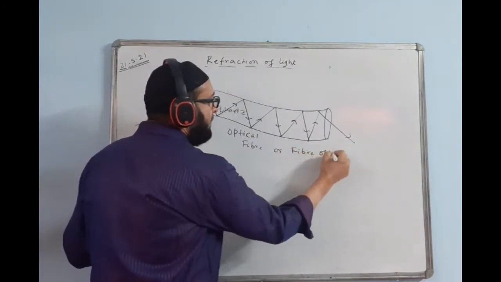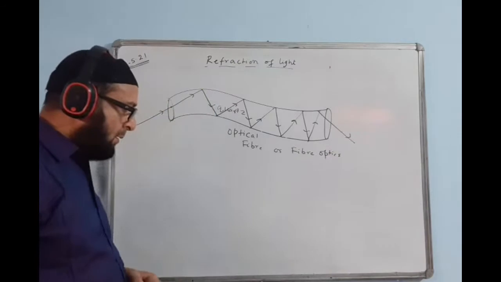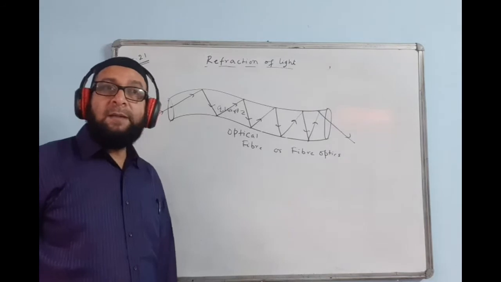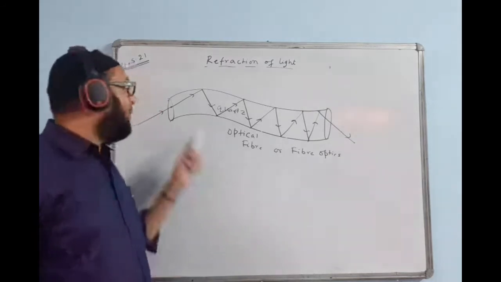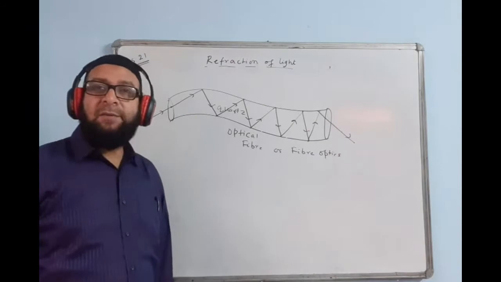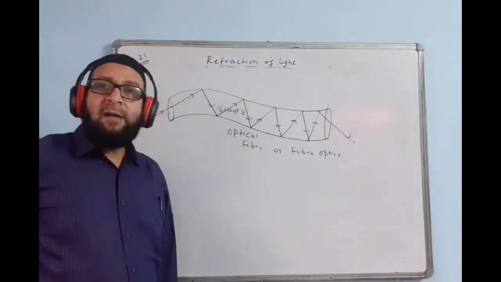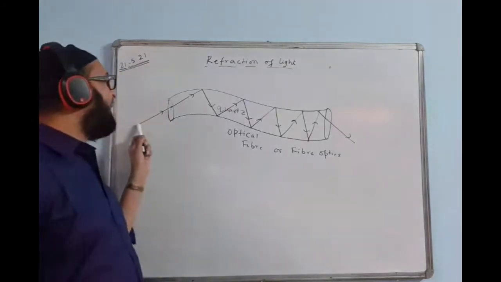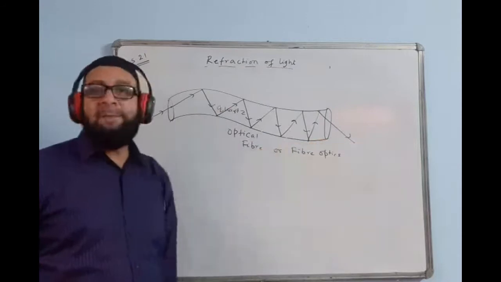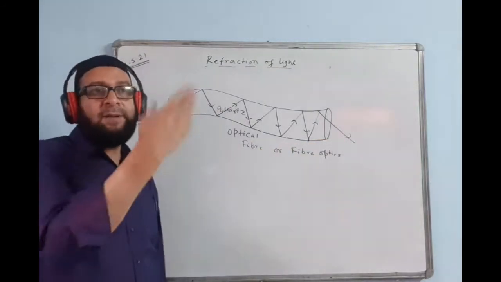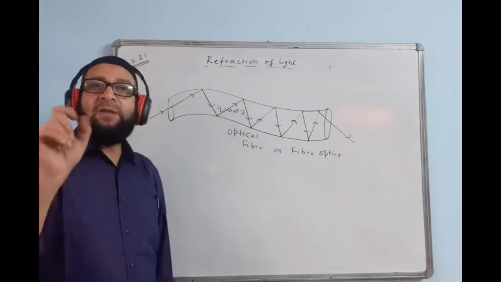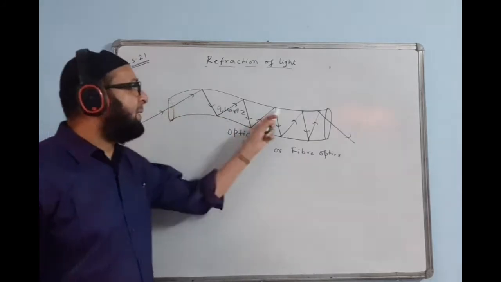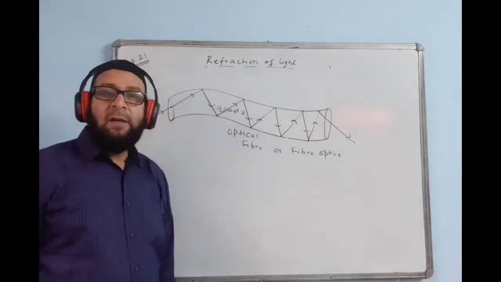Fiber optics. An optical fiber is used to transmit a light signal over a long distance without any loss of energy. We know the fact that in total internal reflection there is no loss of energy. So the energy of the incident light will be available here 100%. Without loss of energy, the light will travel through this pipe. Or any kind of signal, like Wi-Fi, electric signals, are transmitted through this without any loss of energy.